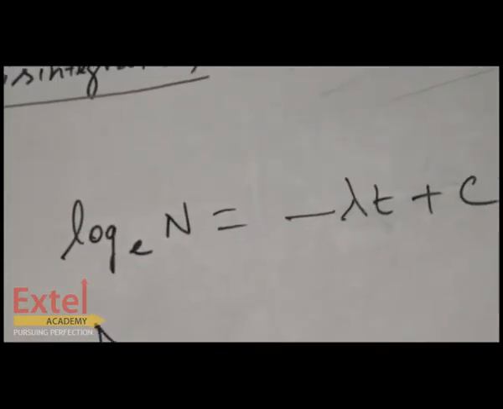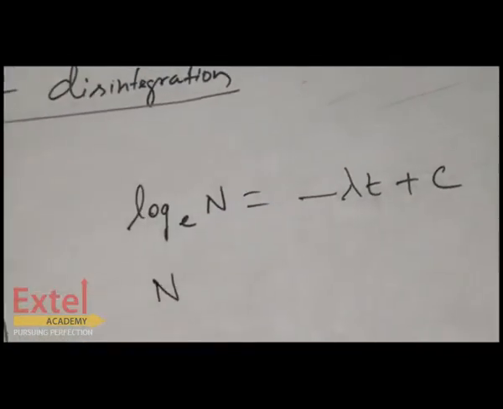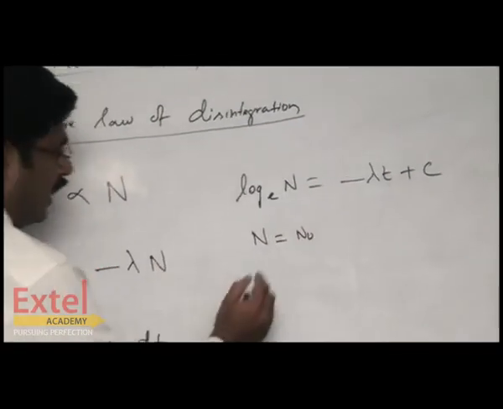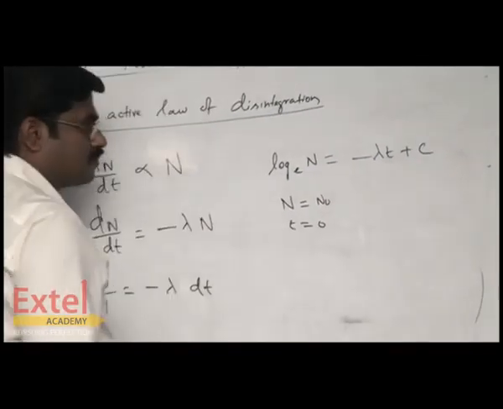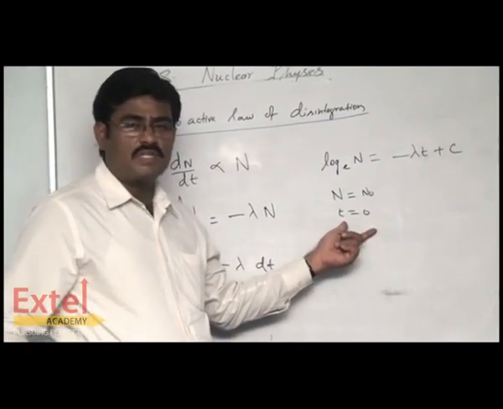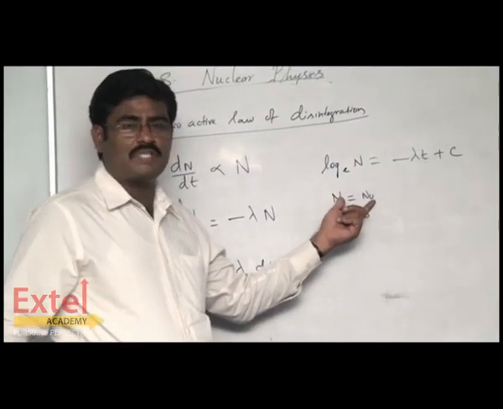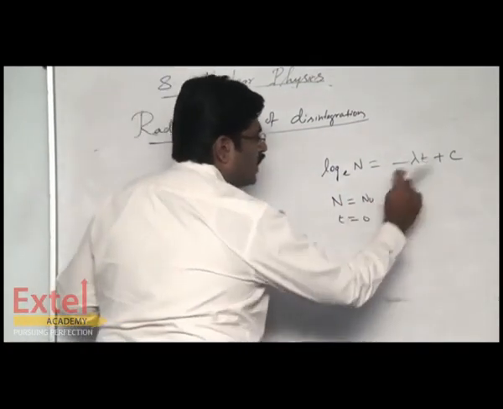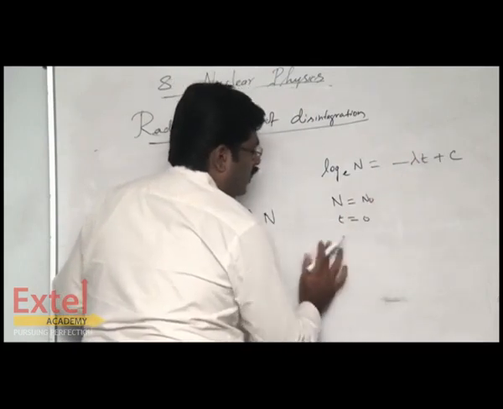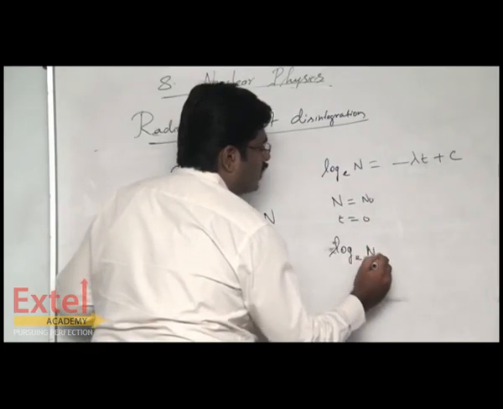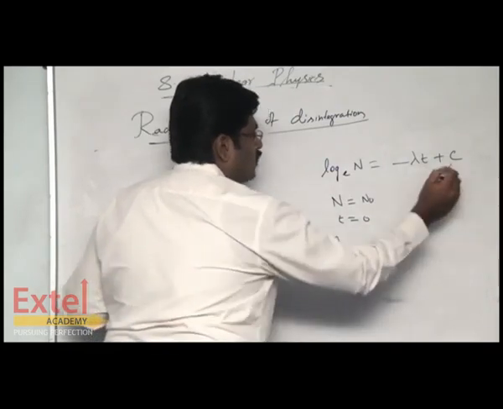Now at the starting of disintegration, N is equal to N naught, correct? And t is equal to 0. At the moment you start the disintegration process, definitely t will be equal to 0, and the total number of atoms present initially will be N is equal to N naught. So when you substitute this condition in the main equation, it becomes log to the base e of N naught is equal to c. So you can substitute in the main equation,